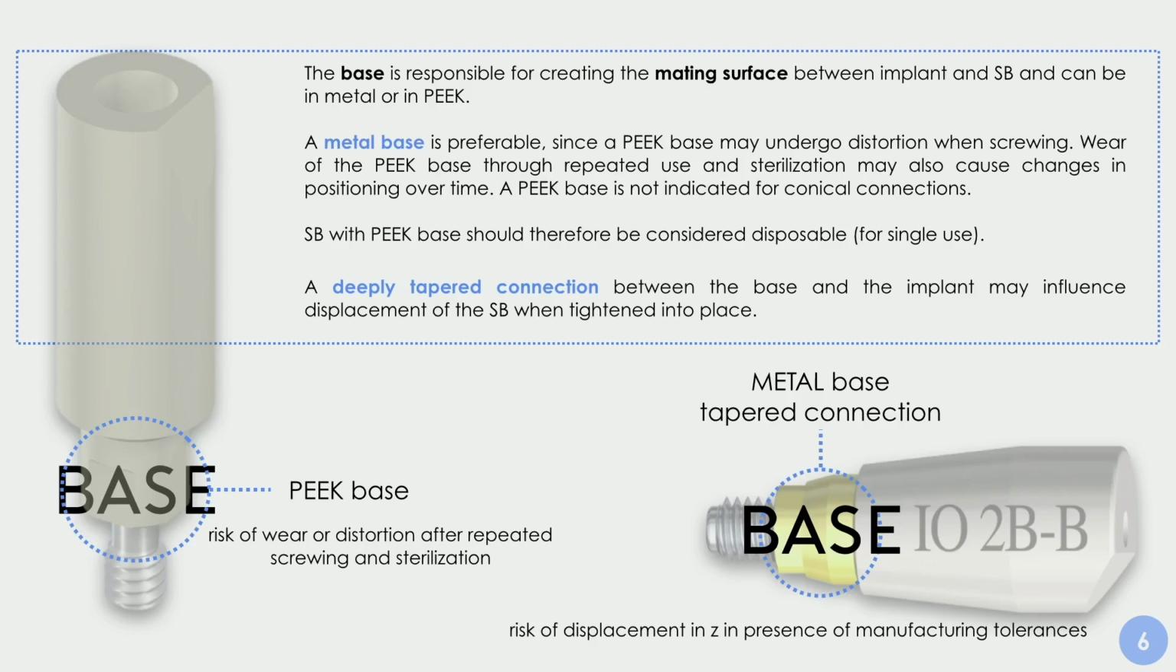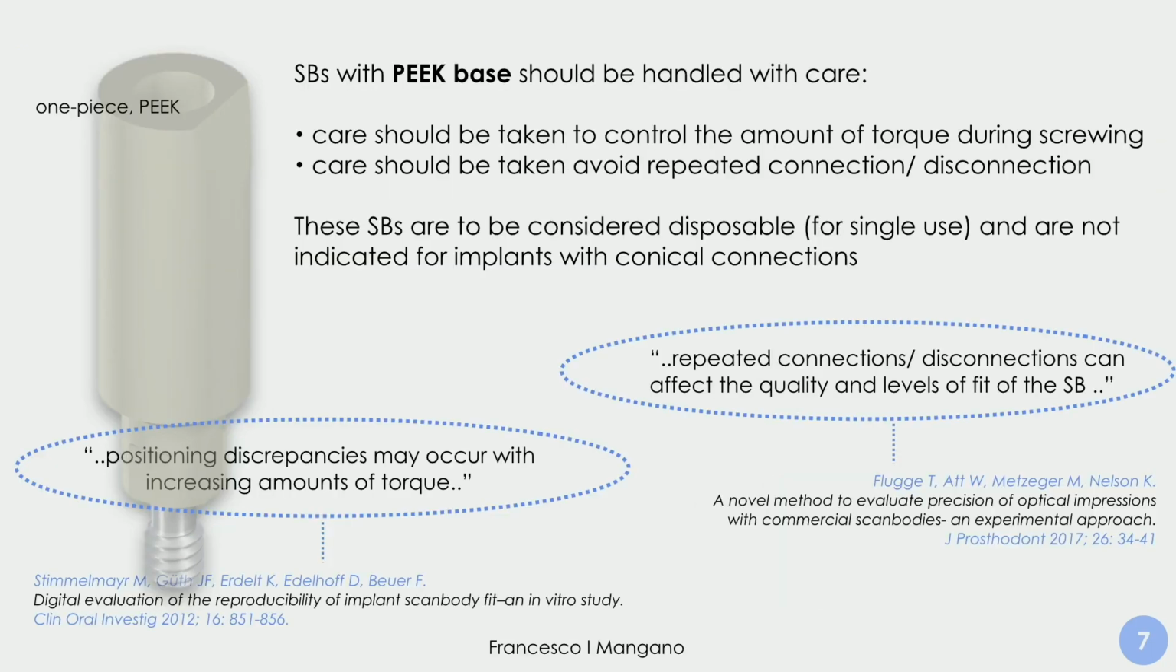But we need to consider that anyway, for the PEEK it's even worse, but for the metal too, there's a problem for conical connection. We can have some issues in the Z axis, so for the height of the scan body, because it's very difficult to produce a perfect conical connection, and even a little mistake along this connection can determine a mismatch on the Z axis, so problems with the height of the scan body, and it's important. So let me say that a PEEK base should be handled with care. It's a disposable, and we can use it one time and no more, ideally,